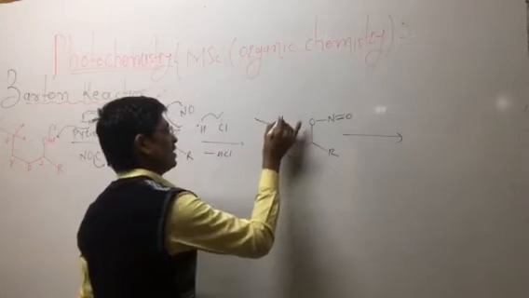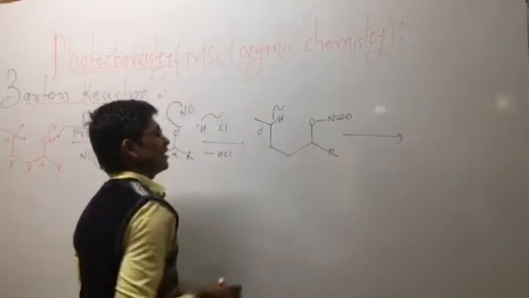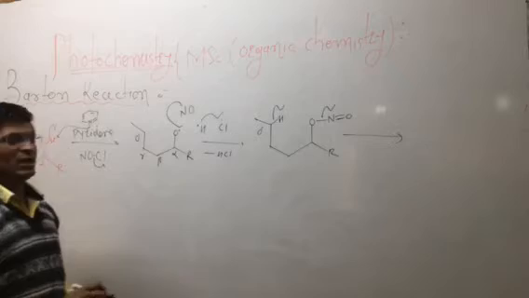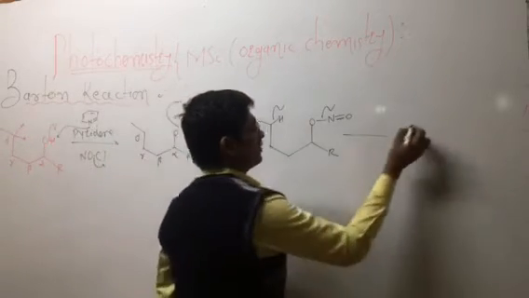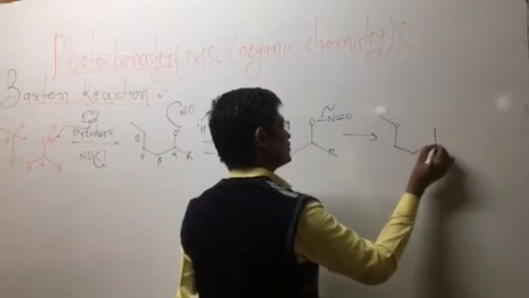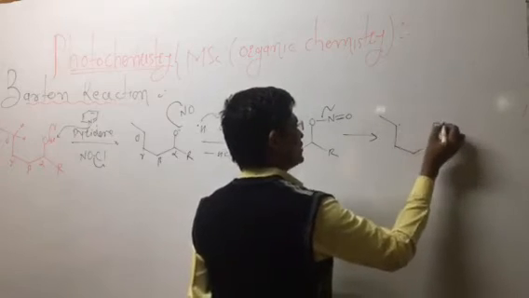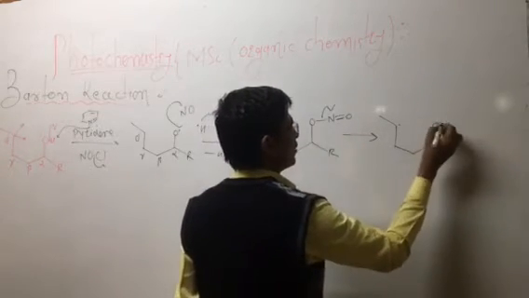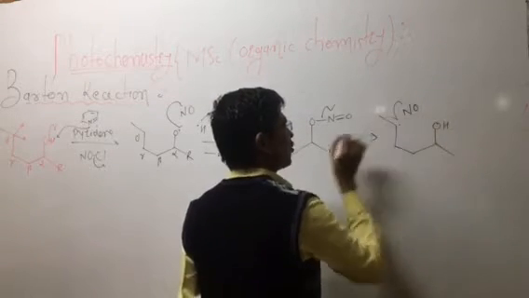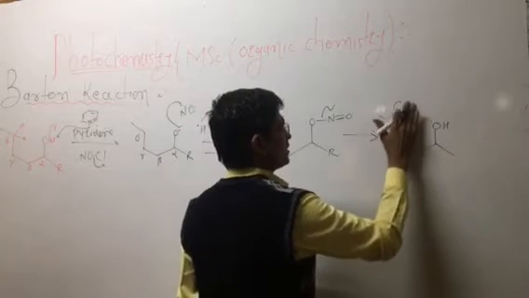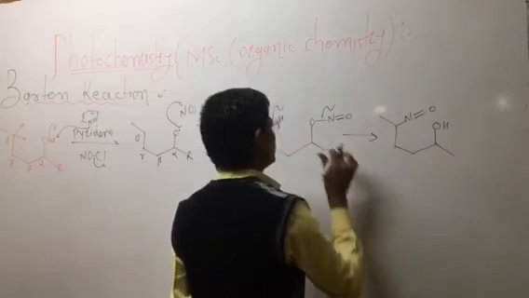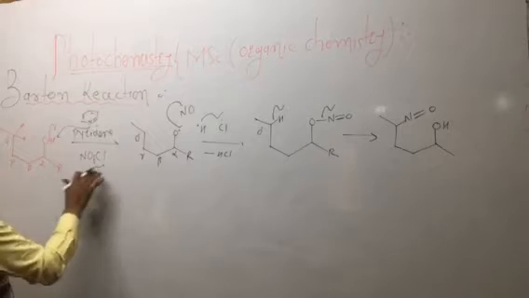The hydrogen atom on the delta carbon is cleaved homolytically, again forming an H radical and a C radical. One O radical is formed, but this H goes to the oxygen atom, forming the OH. The NO radical reacts with the carbon radical and a bond is formed between the C and the NO radical. So I am writing a direct bond here, with formation of N double bond O.